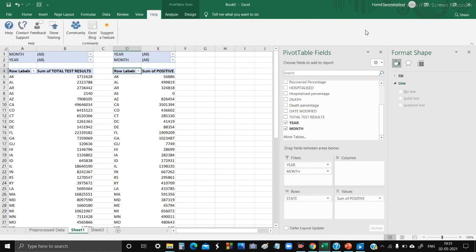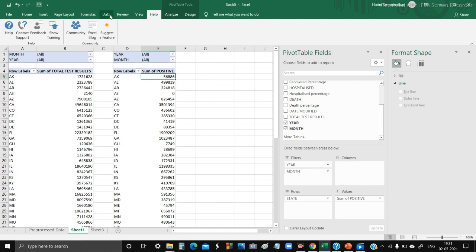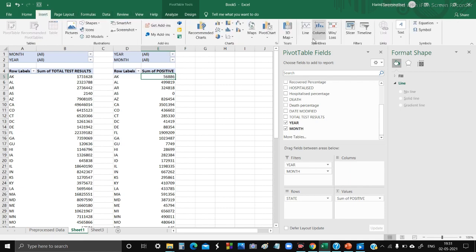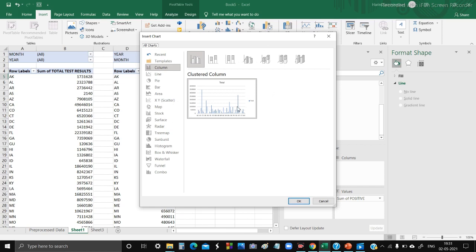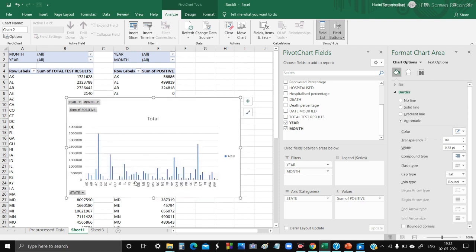Next, we are creating a pivot chart for this table. Here we are getting a chart something like this, but we have to differentiate the cases between 2 months.